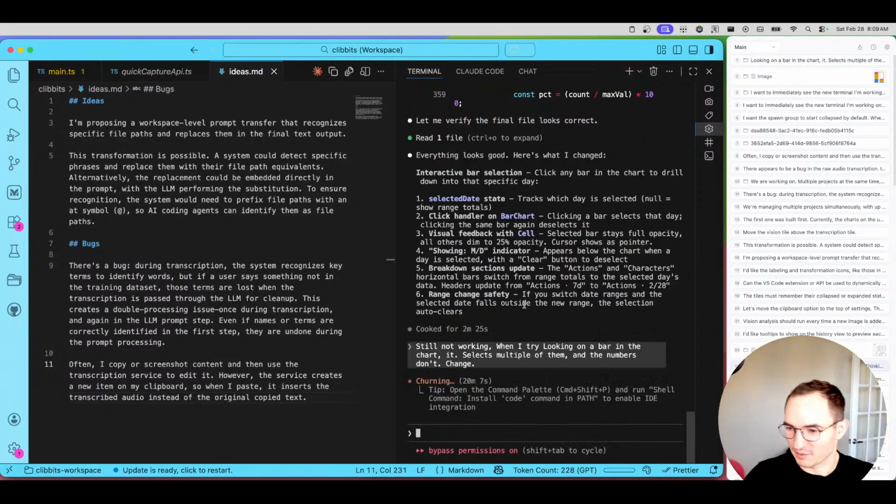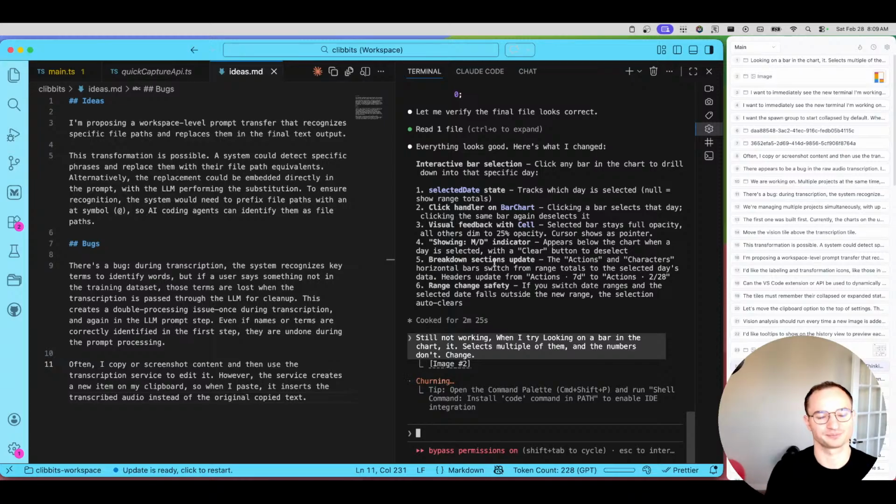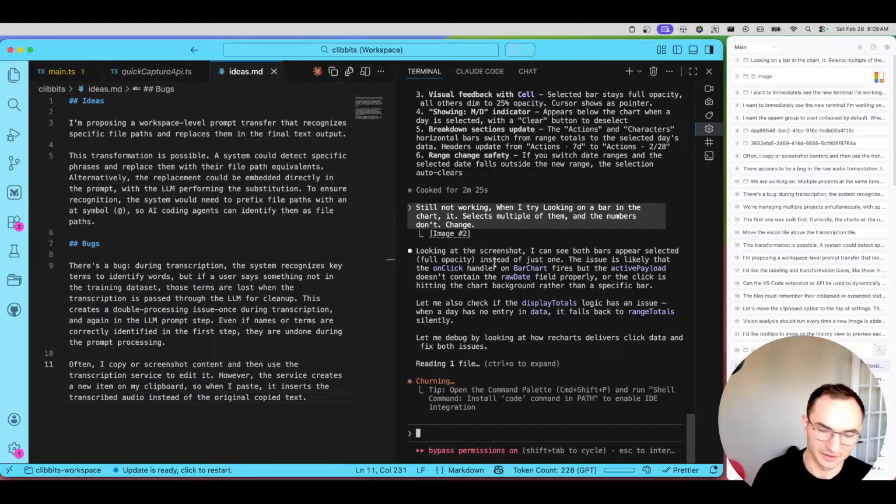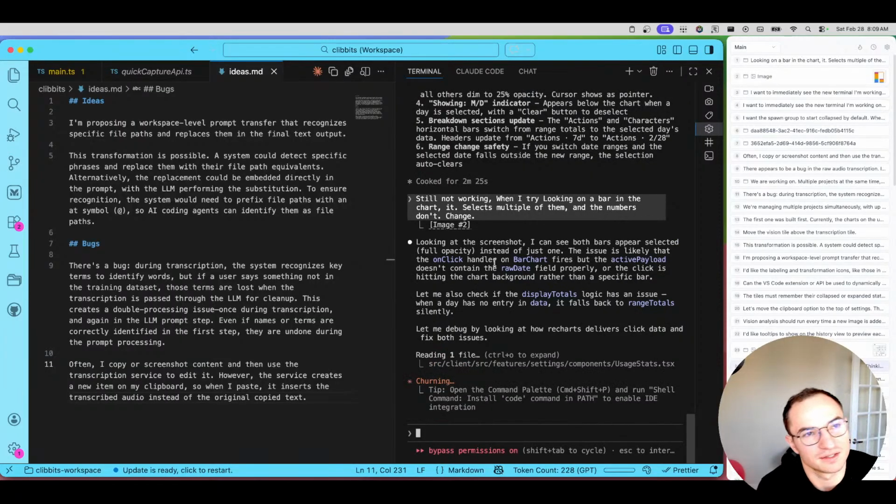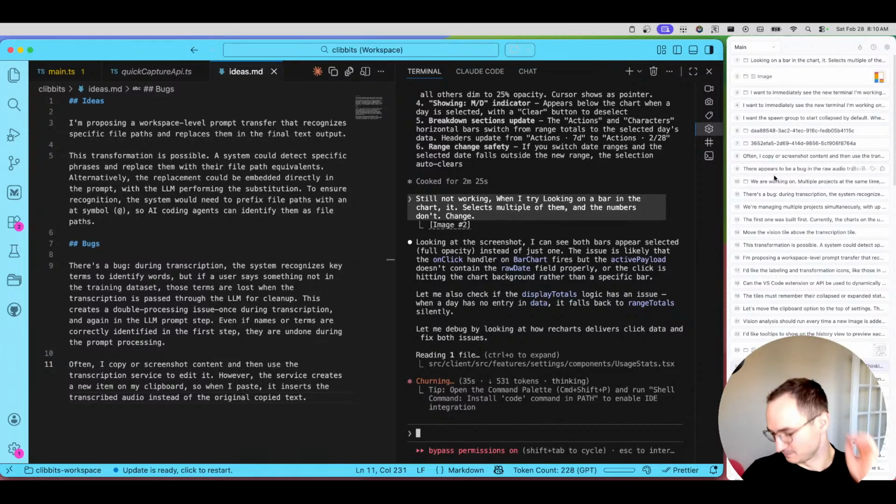I need to actually think about what the solution to that would be. I take a screenshot, I do a recording. It might be weird if transcriptions are deprioritized. If the last thing I copied was an image, I can already see how this is going to be not great. If the last thing I copied was an image, then don't put the transcript on top of it. Maybe put it under it. But then you have a dead image that's just staying at the top of the clipboard. But